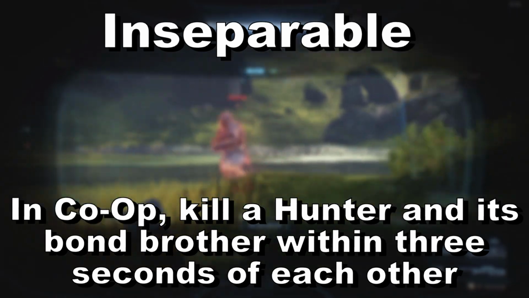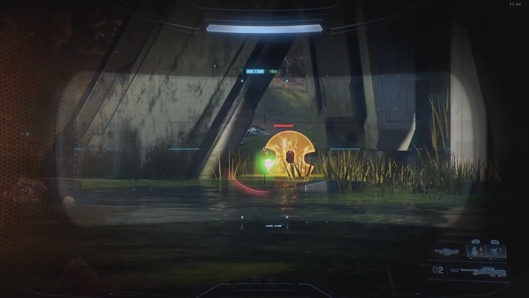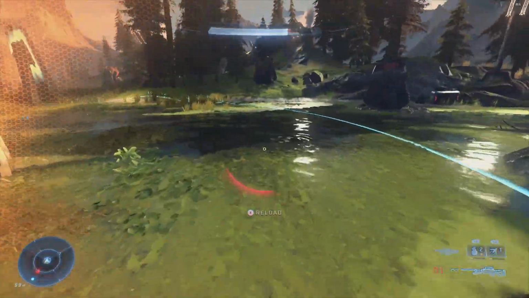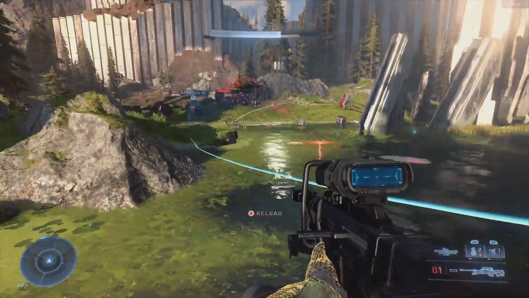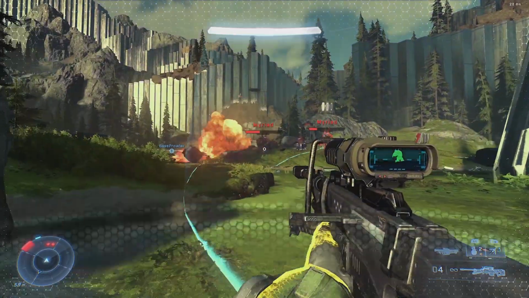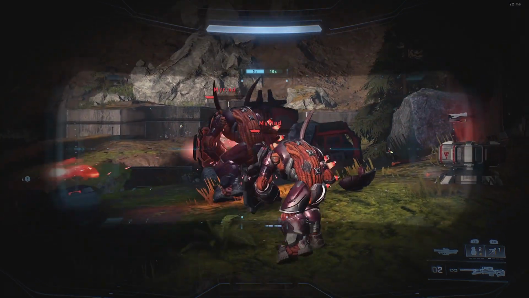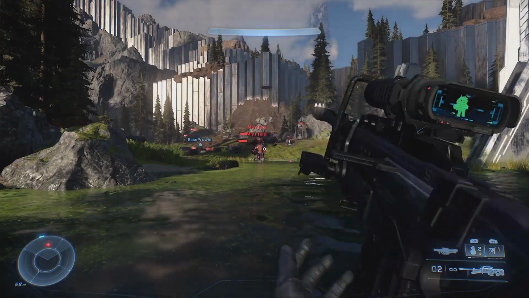Inseparable. In co-op, kill a Hunter and its spawn brother within 3 seconds of each other. This is just a matter of good communication between you and your teammate. I did this by replaying the Myriad HVT, which is the Hunter pair. What makes this a great option is that you can use mission replay to get an infinite amount of attempts at this encounter, but you also get health bars for those 2 Hunters, which makes nailing the timing a lot